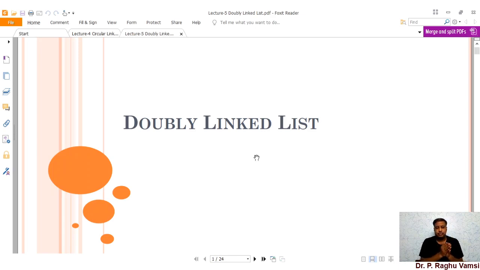That means the next node's address is assigned to the next pointer. In the same way, why can't we add an additional pointer called a previous pointer to every node, so that the previous node's address will be assigned to the previous pointer, so that whenever you traverse in the forward direction, if you want to come backward, you can. So this is the basic idea of the doubly linked list.